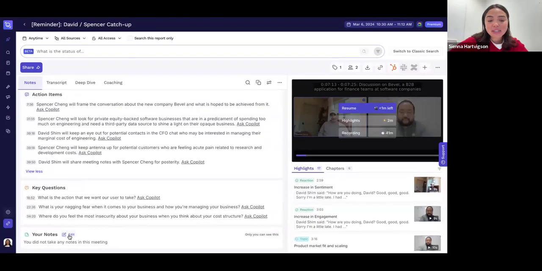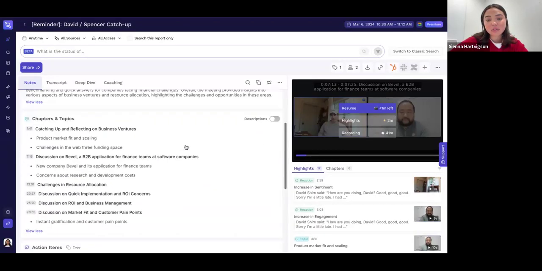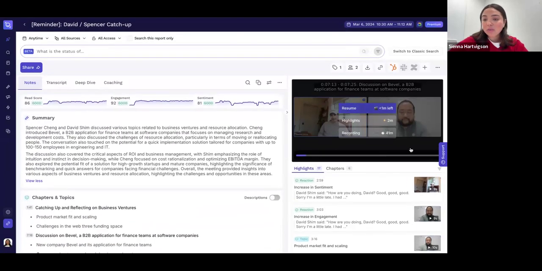And then there's also an in-app view where, if during a live call you wanted to take your own personal notes, you can do that. It's kind of like a digital sticky note, and they'll be made available private to you following the call. On the right-hand side, if you are on our Enterprise or Enterprise Plus plans, it will also come with video playback.